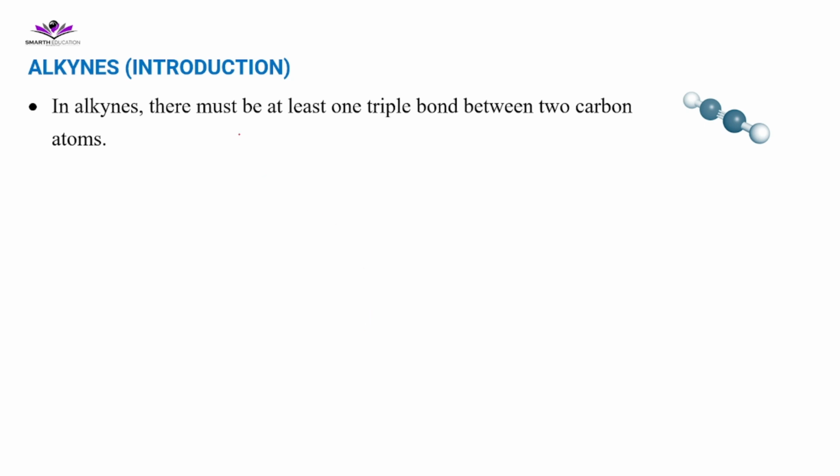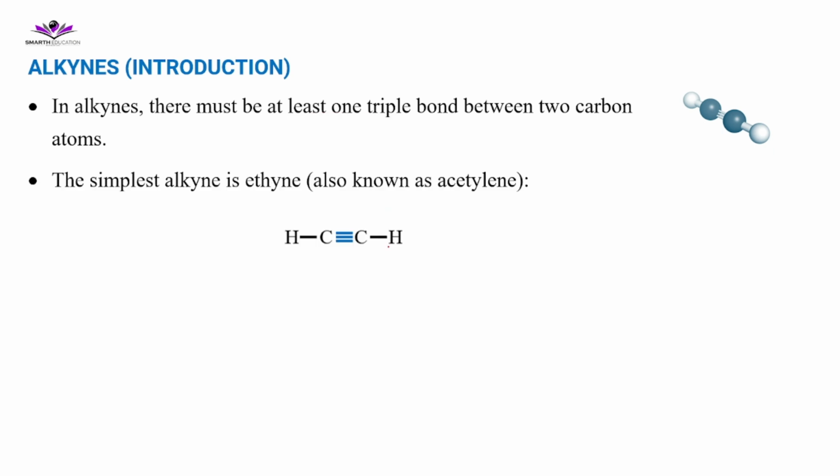Welcome. Let's just discuss alkynes. In alkynes, there must be at least one triple bond between two carbon atoms. The simplest alkyne is ethine, also known as acetylene. The general formula for alkynes is